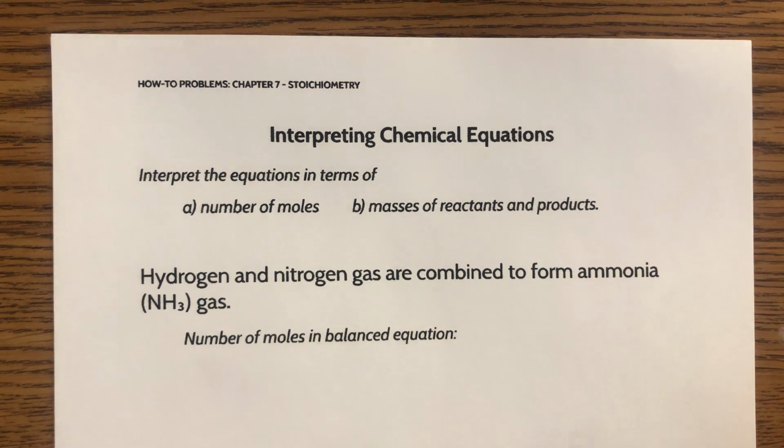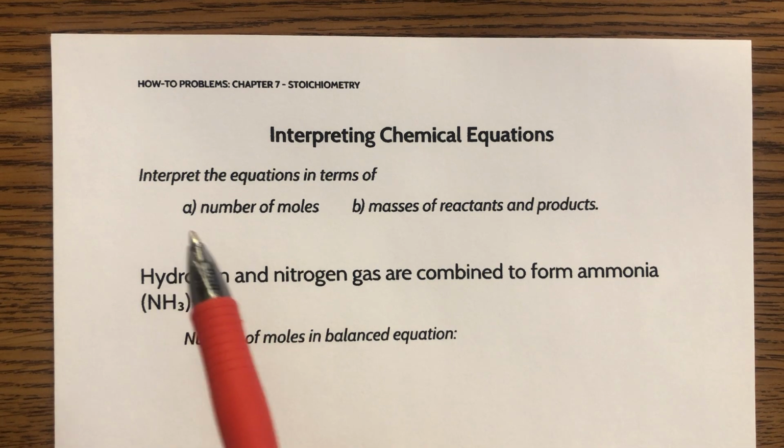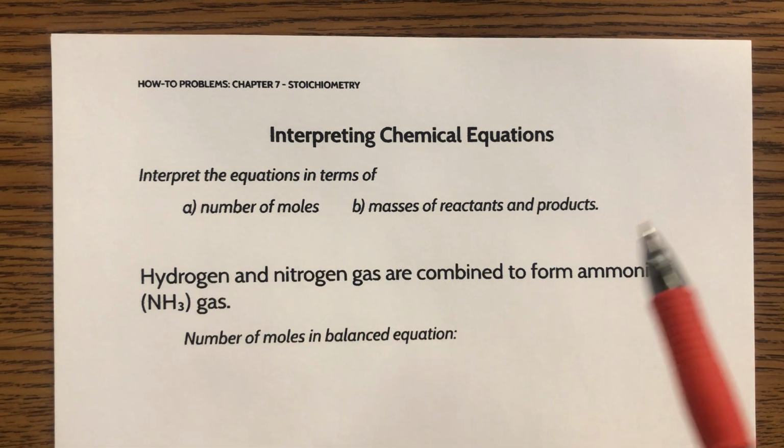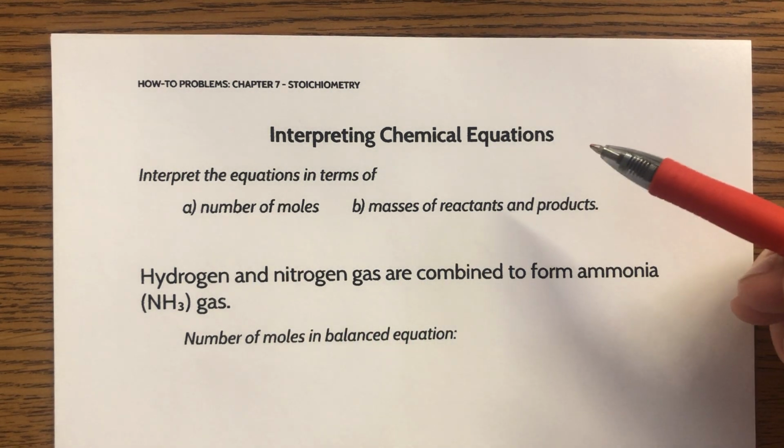And when we're interpreting chemical equations, we're going to do it in two ways, in two terms, right? We're going to interpret this equation in terms of the number of moles and the masses of the reactants and the product. So moles and masses, those are the two ways that we're going to interpret this chemical equation. So let's